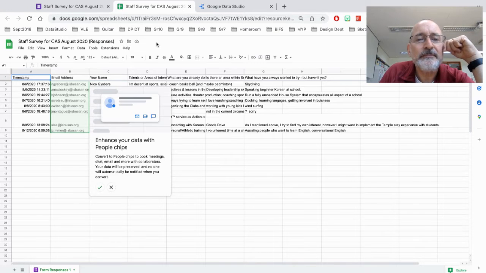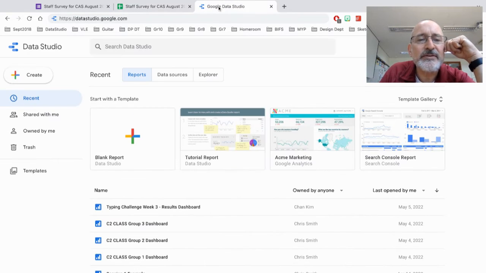So that's good. Then you're going to go back to Data Studio and you're going to create a new report within Data Studio because the reports are the fun part. They're the way that you can get different visualizations and screens of your data, like these ones here in the template gallery. It's awesome, and it really helps communicate your data quite easily and nicely. So you just go over to create, and you do create report,